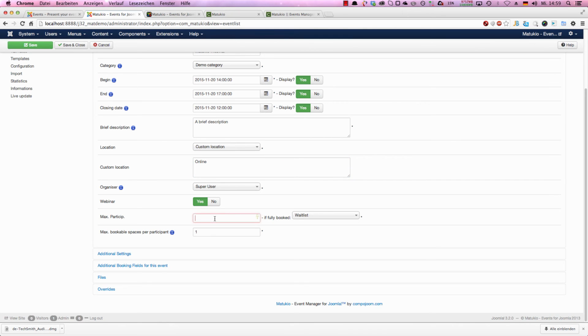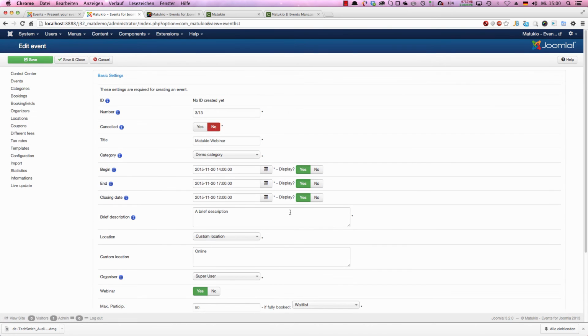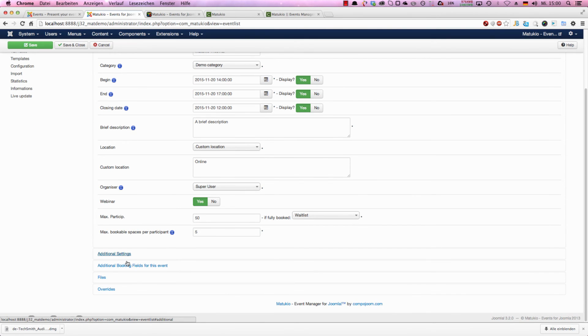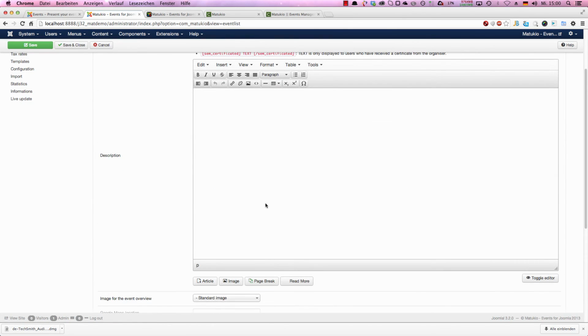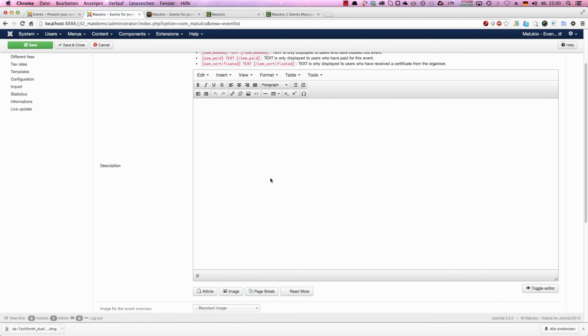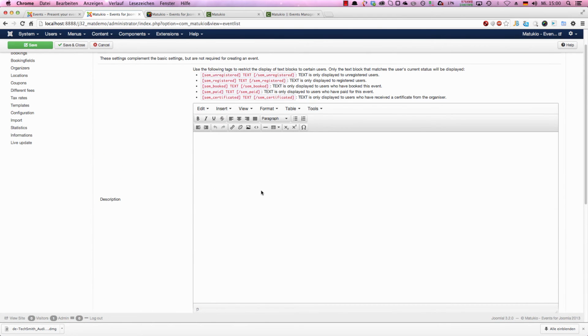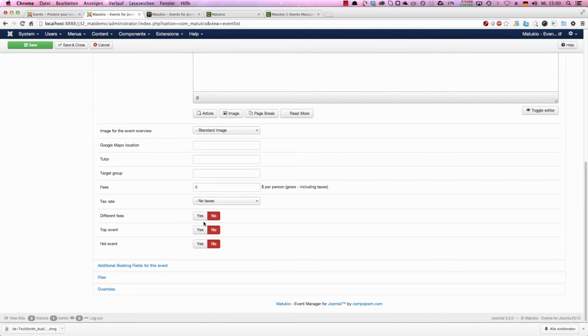Organizer stays the same. We switch on webinar. Webinar has more users, and we also allow multiple bookings at once. So this is as always, but now we want to override the different fees. So first thing, to use different fees, we have to turn it on. I set again the taxes, and I again